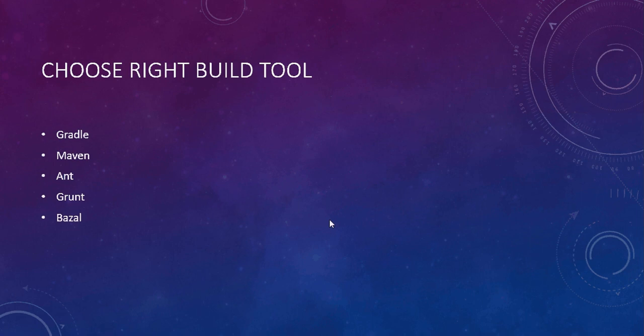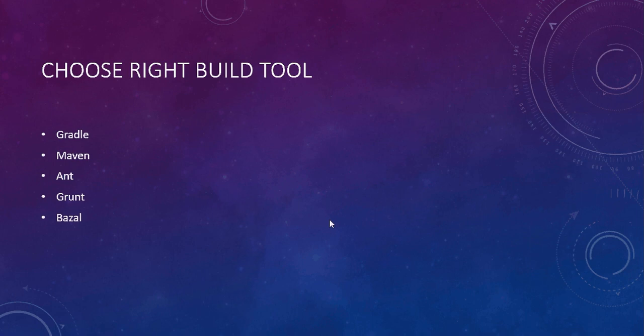And if we talk about native applications, most of the time you might find Ant is one of the build tools where you provide your dependencies or package your project, and you define all the dependencies in the Ant based file. So that is one of the native build tools. But if you are using Gradle or Maven, then instead of Ant you can go with either Gradle or Maven as a build tool.